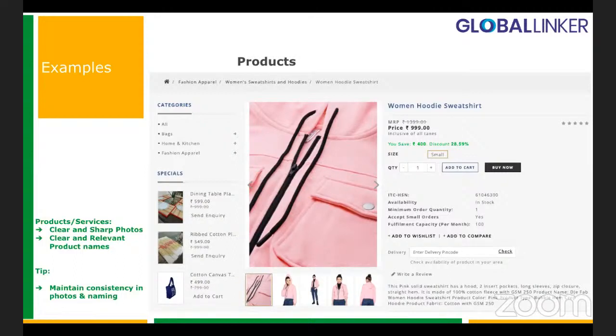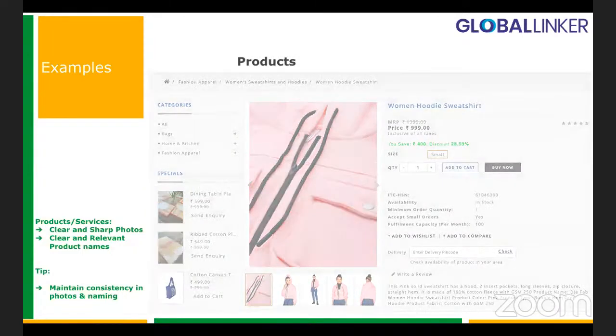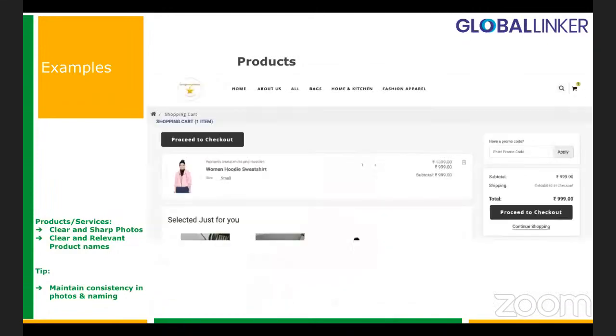Everything is made available for me. So even if a buyer who is a wholesaler is looking at my product, he can buy one sample product and get it delivered to himself, and actually start the discussion without you getting even involved physically for this particular conversation. Here is an example of how it goes even further. They have added it to cart and he's going ahead to check out and make the purchase as well.